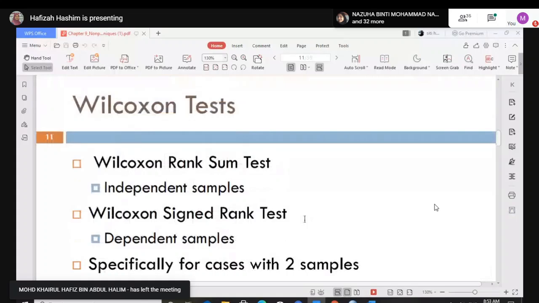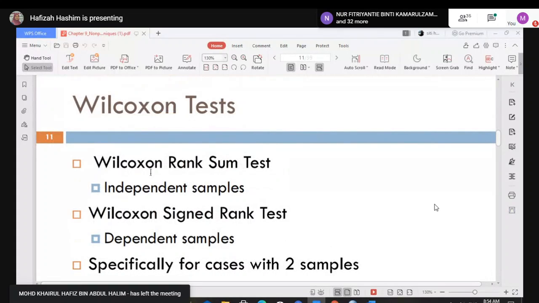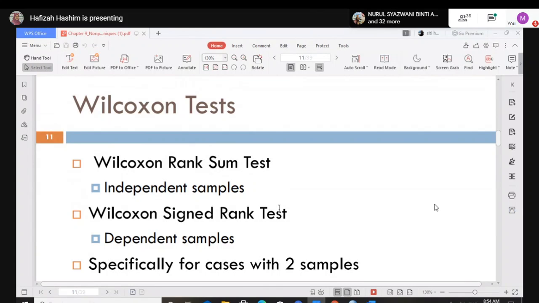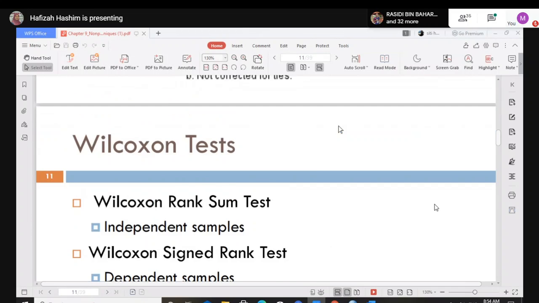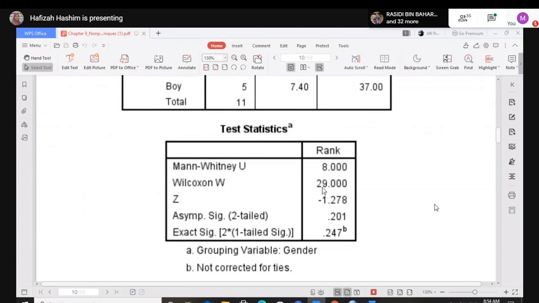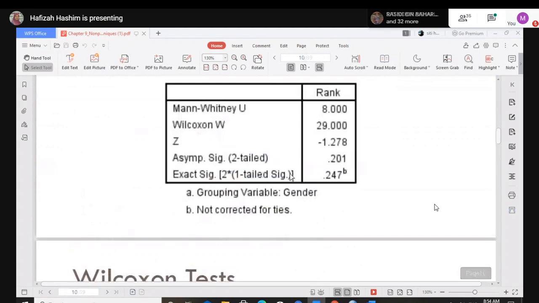For the Wilcoxon test, there are two types. First, the Wilcoxon rank sum test. Second, the Wilcoxon signed rank test. The Wilcoxon rank sum test is for independent samples, like what we keyed in before. That's why you can see the output of Wilcoxon there, 29, because it is from two different groups.